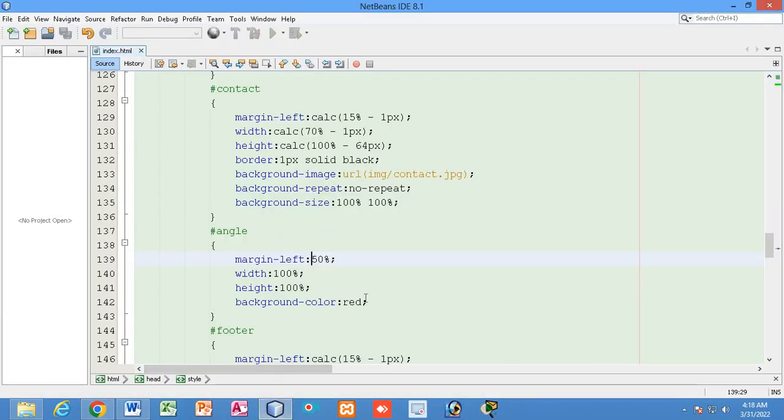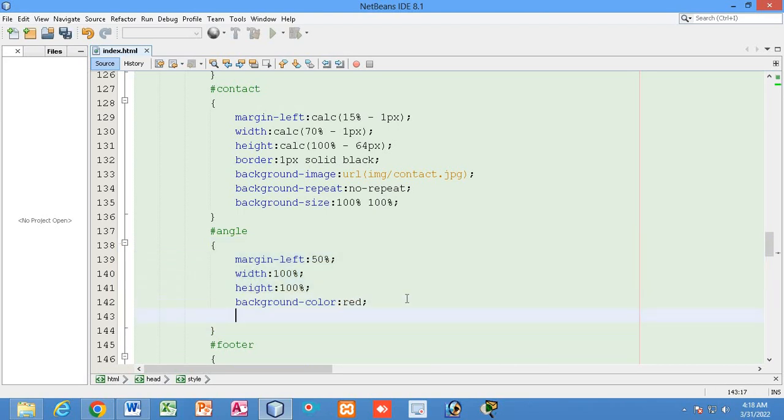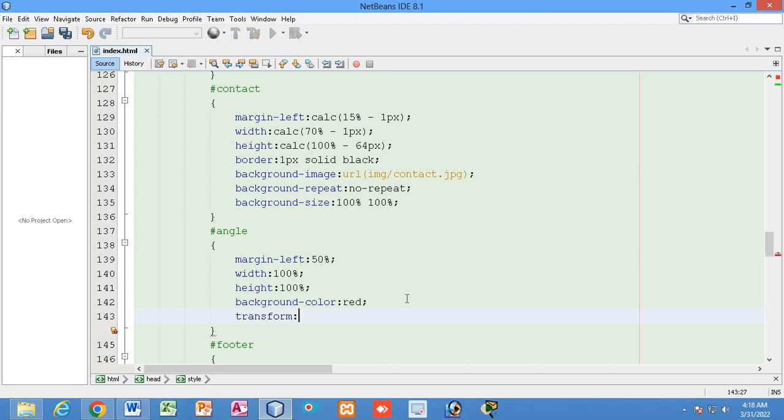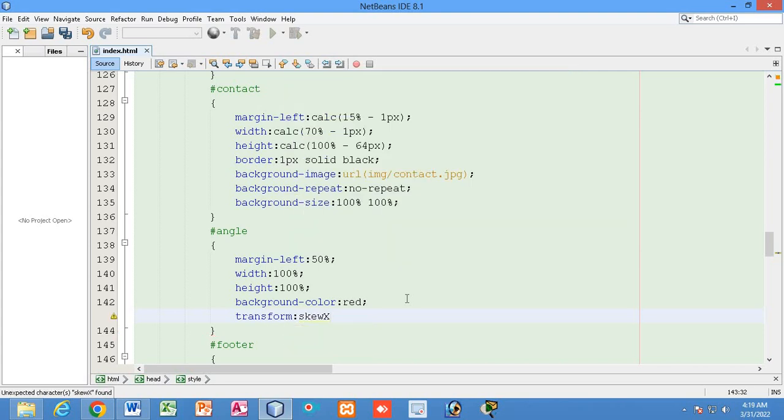Now I will do another thing. Here anywhere inside this declaration, I will write transform skew x, right?